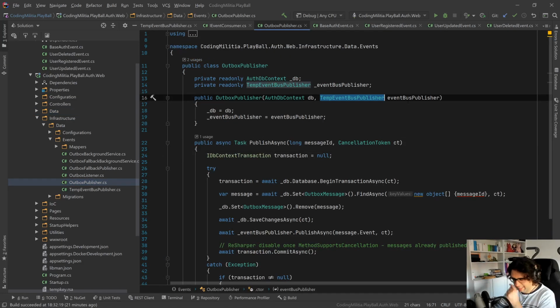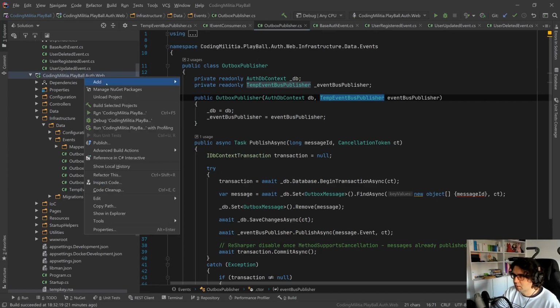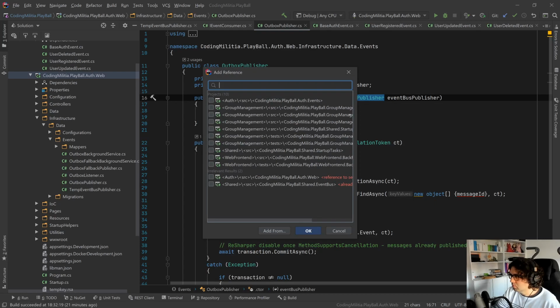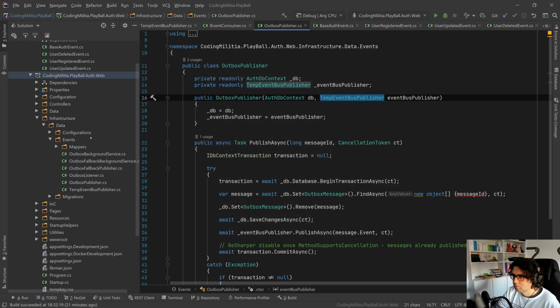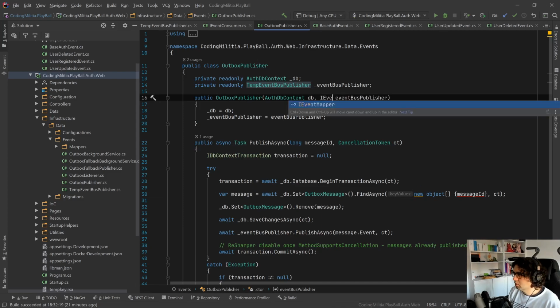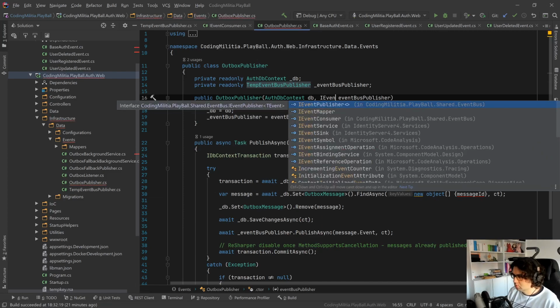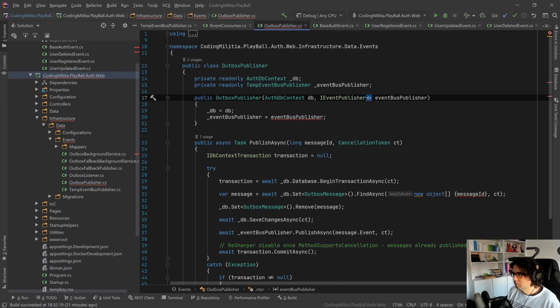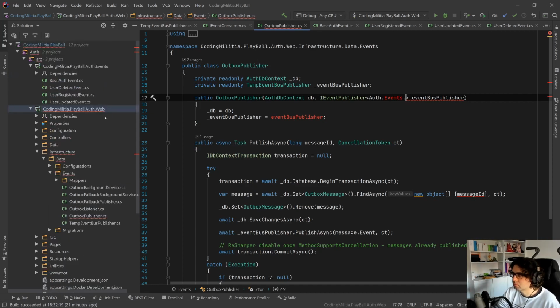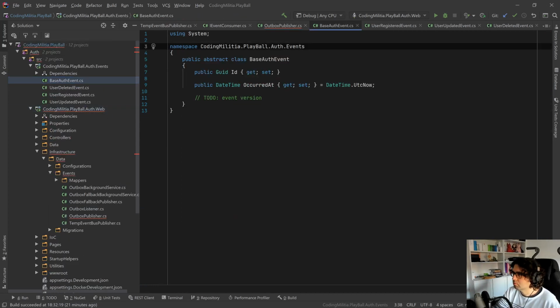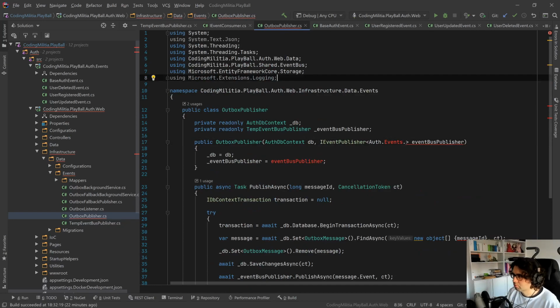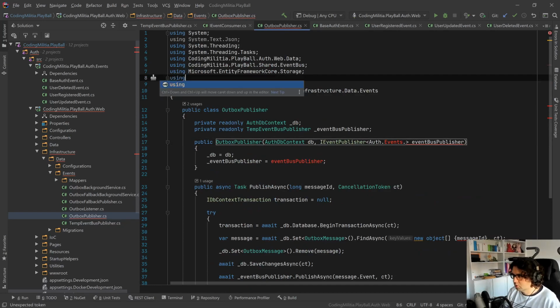In the outbox publisher, we can add reference to the events, and we can event publisher of using